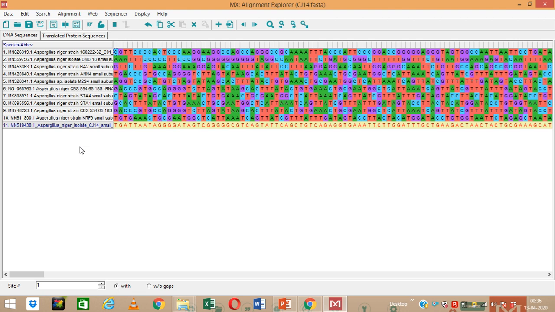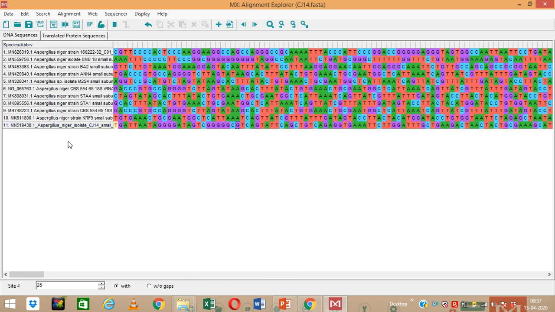Now what I have to do is, as you can see in each, we are having A, T, G, C. These are different nucleotides. However, when you see in one column, we are having different types of nucleotides. But what we want is, in one column there should be only one type of nucleotide. So for this we have to align this data, and for alignment we have an option over here, right? So we can align by using this option, or here also there is an option of this MUSCLE, right?